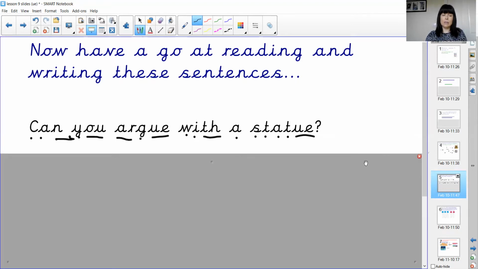We're going to go back to this one, and then we're going to have a go at reading it together once more before you have a turn at writing it. So the sentence is, can you argue with a statue? Can you argue with a statue? So we need to be careful to remember capital letter, also a question mark at the end. We need to be a little bit careful with this tricky word, don't we? Try to remember that